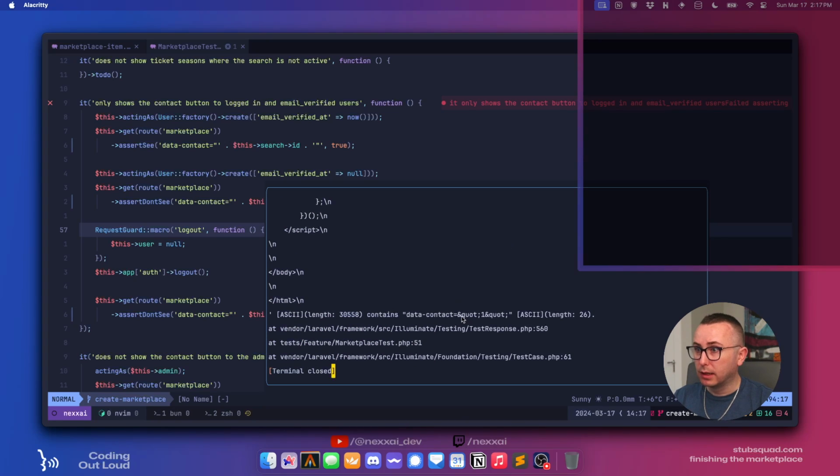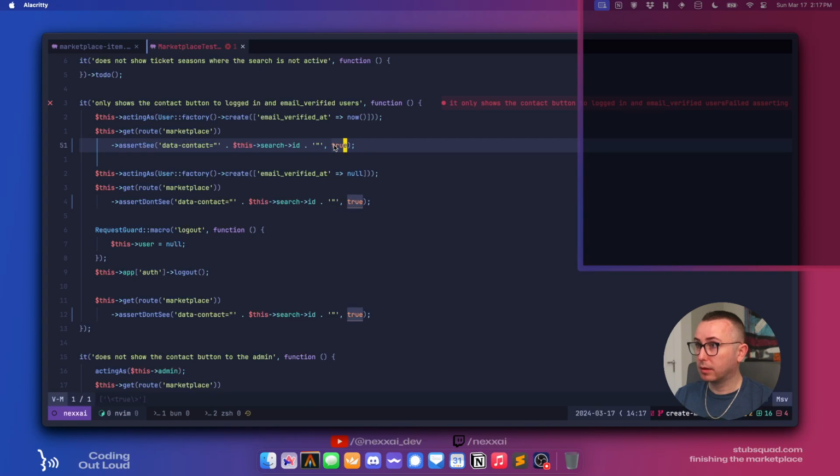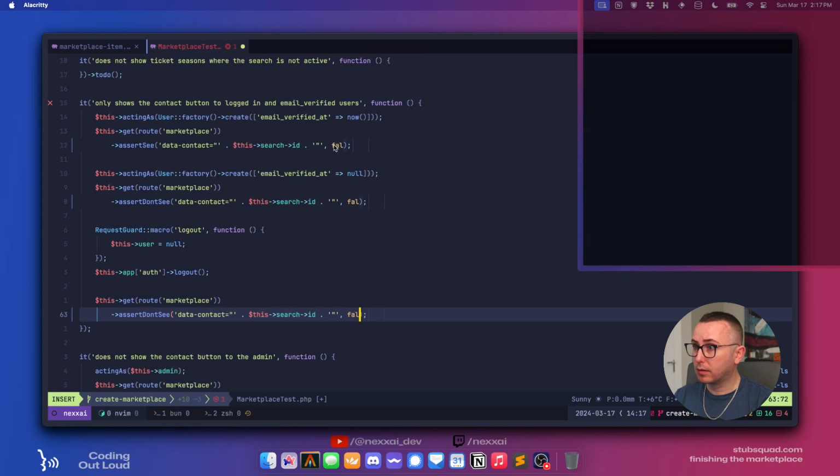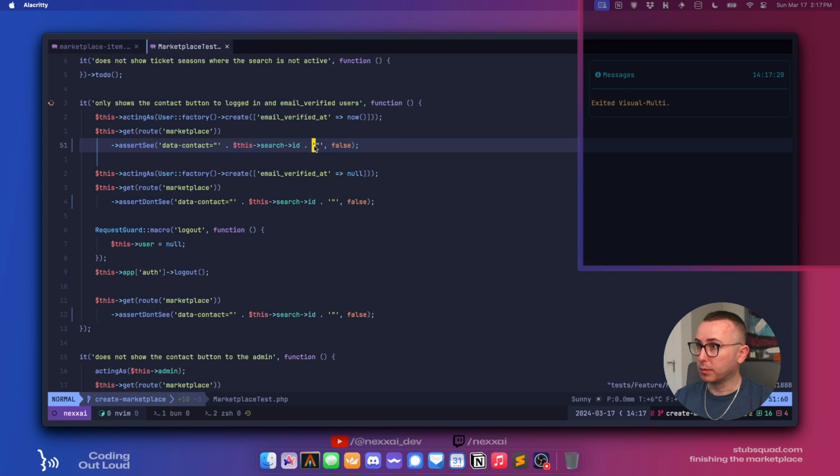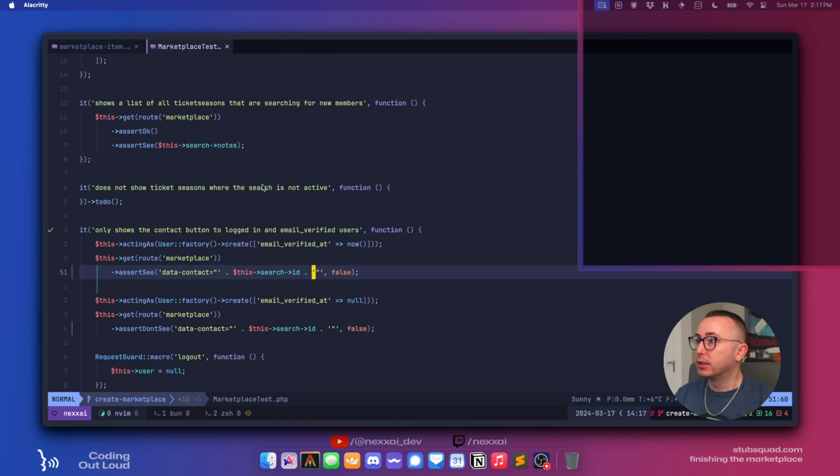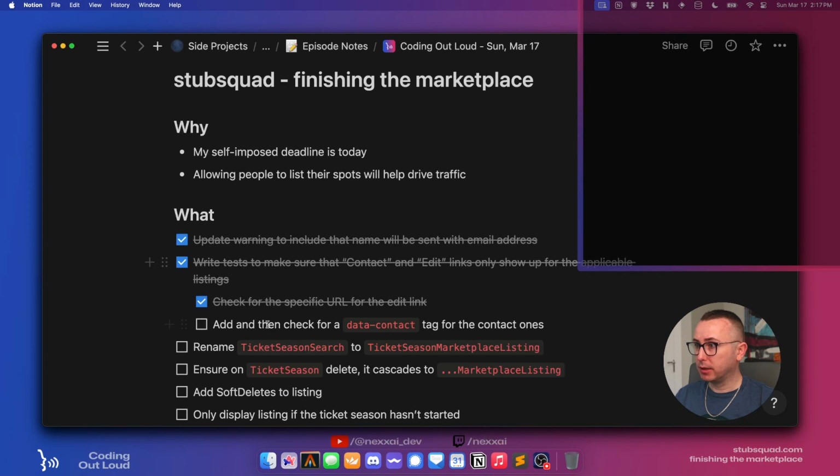Data contact. I never remember if it's true or false. Okay, so there we go. Now it's searching. That test is passing. So that's good. Go back to Notion here. Add data contact. Okay, so that's done.